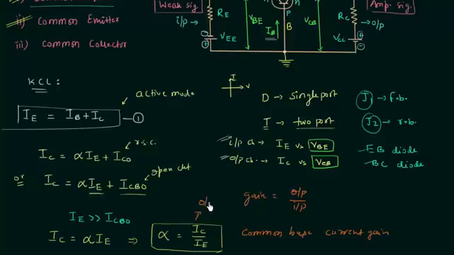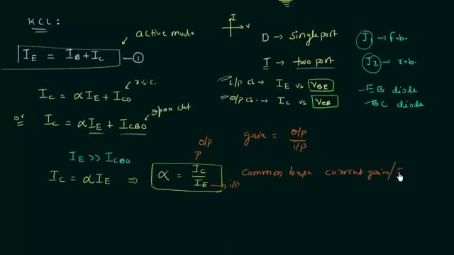IC is output current and IE is input current. So alpha is the common base current gain, and it is also called as amplification factor. So these are the two names for alpha, and alpha is between